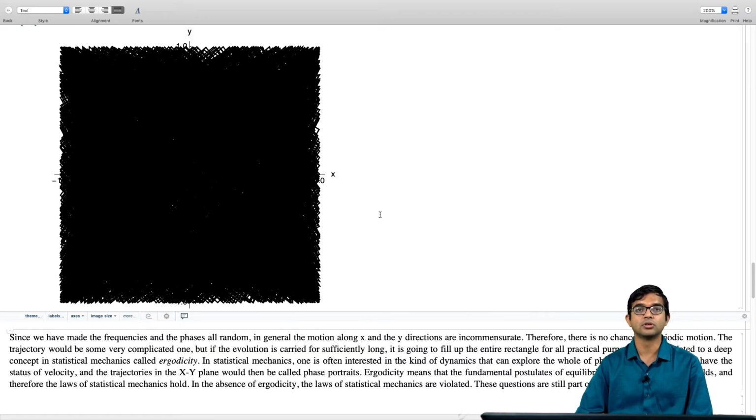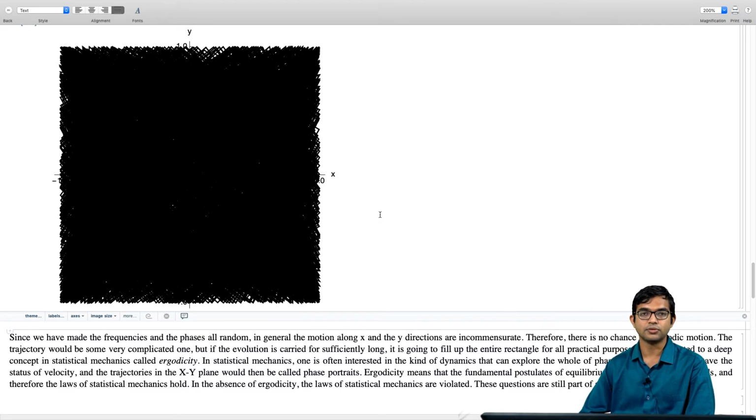It's taken as one of the postulates, but there are systems which don't satisfy ergodicity, and then the dynamics confines systems to some manifold which doesn't cover the whole of phase space. And then equilibrium statistical mechanics, as is usually studied, breaks down in such cases, and